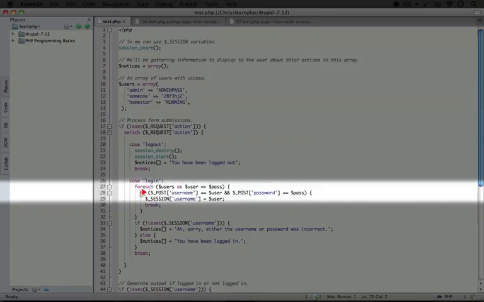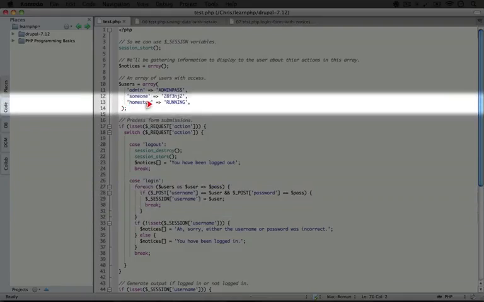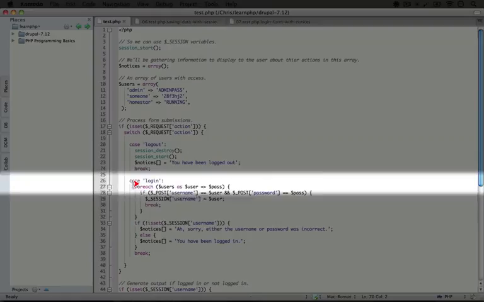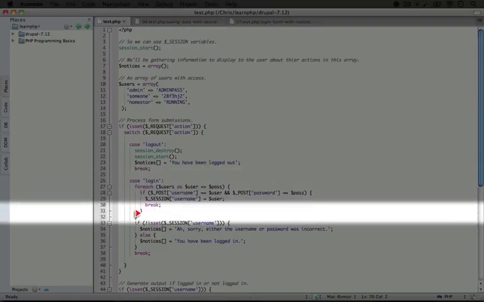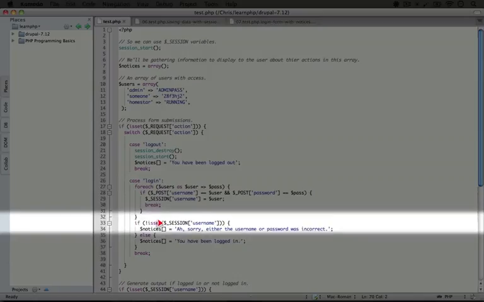Someone is not going to match our username that we inputted. So this code is going to be skipped again, and then it's going to run one more time on the username homestar. And again, there's not going to be a match. So at this point, the for each loop is over, and we're going to check to see if the session username has not been set yet.